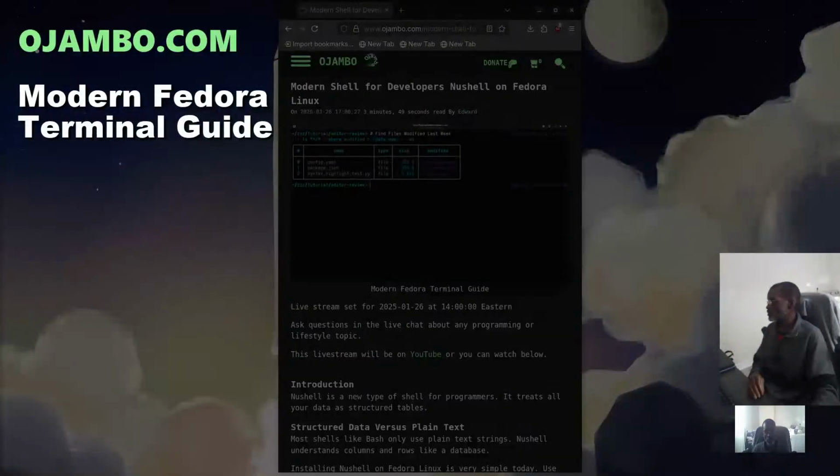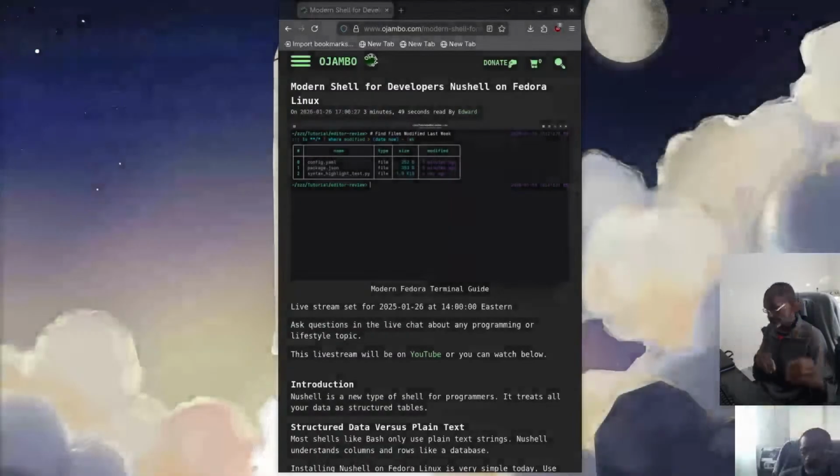So the intro, you see it says Modern Fedora Terminal Guide. Okay, so